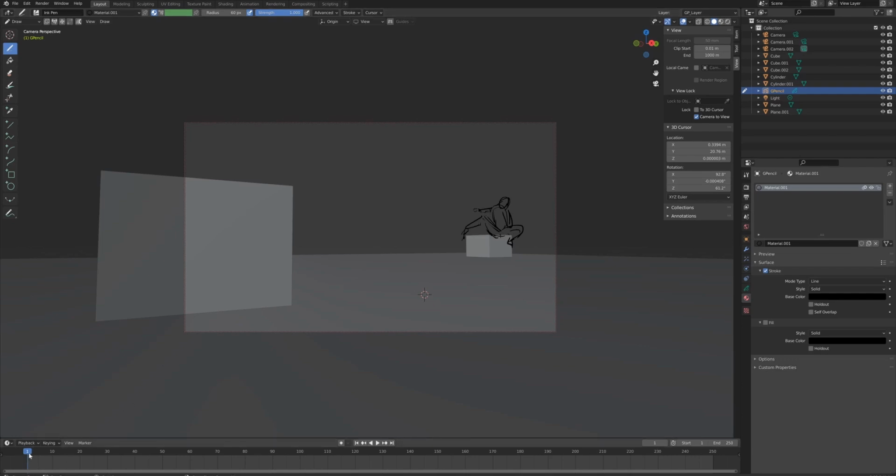And we want another frame here. If you want to see this, the other object here, previous,